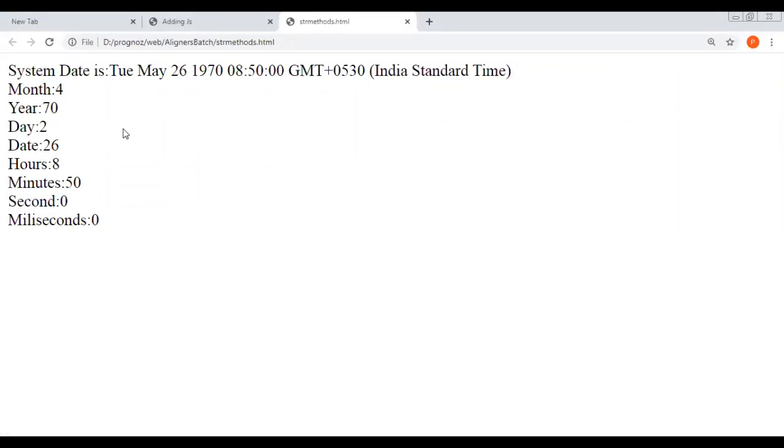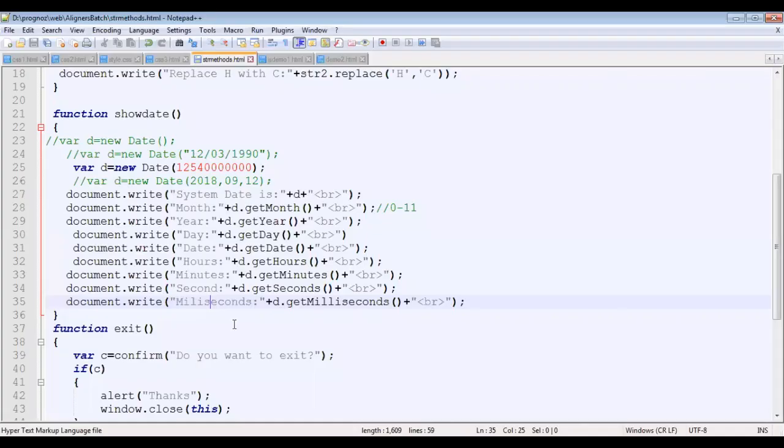Now the fourth way of providing a date is where d equal to new Date 2018. This is the timestamp format. Timestamp means year, month, day, and then next you can provide hours also. It's your choice.